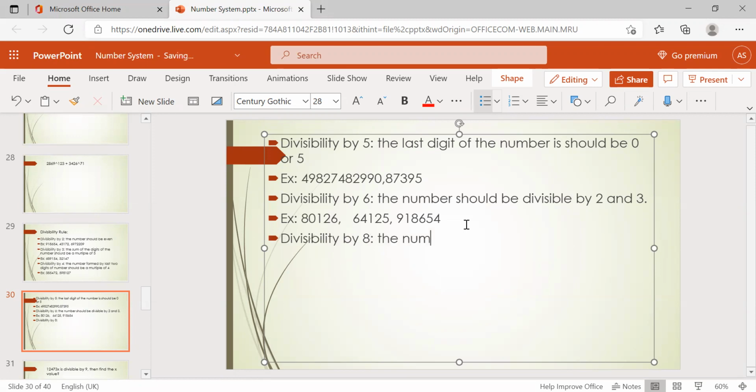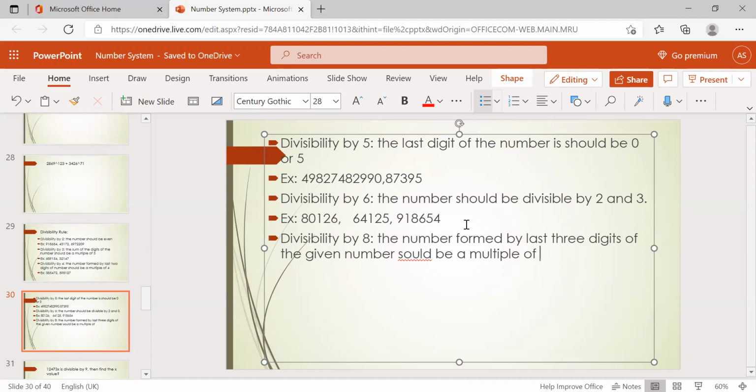The number formed by the last 3 digits of the given number should be a multiple of 8. Previously we discussed that for 4 it is 2 digits, but here for 8 it is 3 digits.